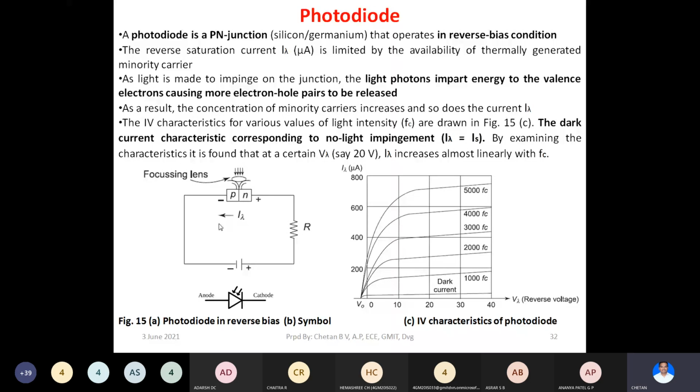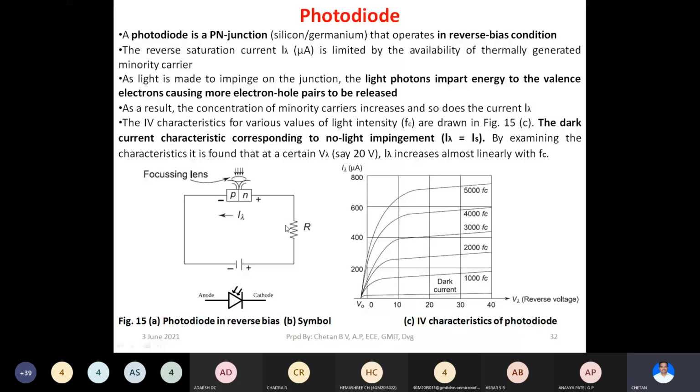And one more thing, you should be very curious about this. You have a load here, and you have a voltage source here. The purpose of this voltage source is only to put this PN junction diode in the initial reverse bias condition. That is all the work of this voltage source, right? Whenever this PN junction diode receives light and starts conducting a maximum current in the reverse direction, the current flowing through this diode will flow through this load. This load can be a circuit or a resistance. The voltage across this load you can take as output from this photodiode.